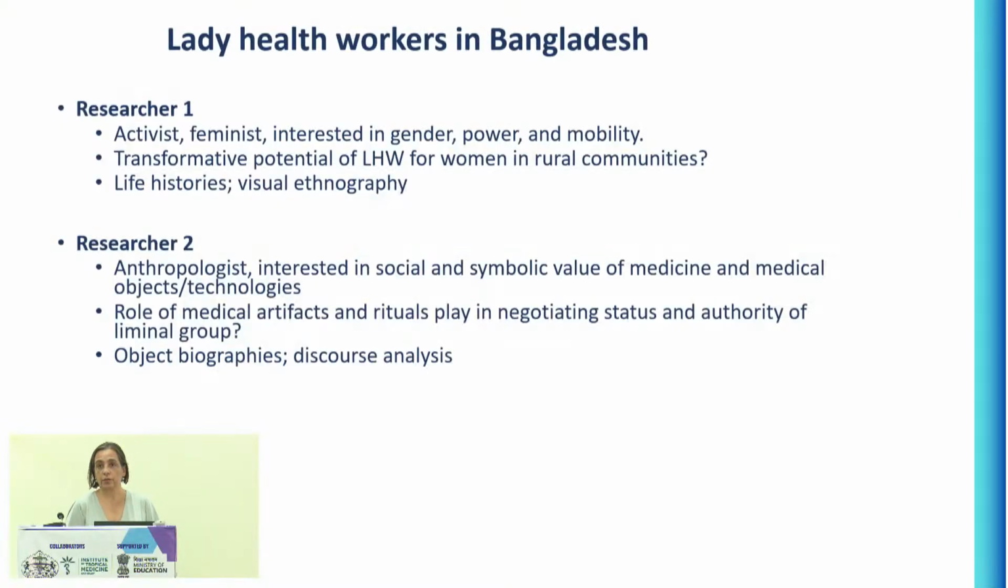The second researcher is still an anthropologist, so still a social scientist. Sorry, the first researcher doesn't necessarily have to be a social scientist. But the second one is more interested in the social and the symbolic value of medicines and medical objects and technologies. And so they are interested in understanding how the specific things that you see around her, the stethoscope, the white lab coat, the book, the bag, how they invest her with a certain authority. Yeah? So this is an